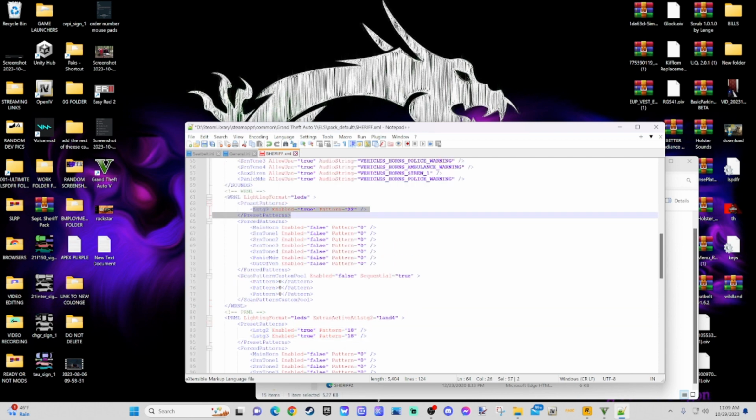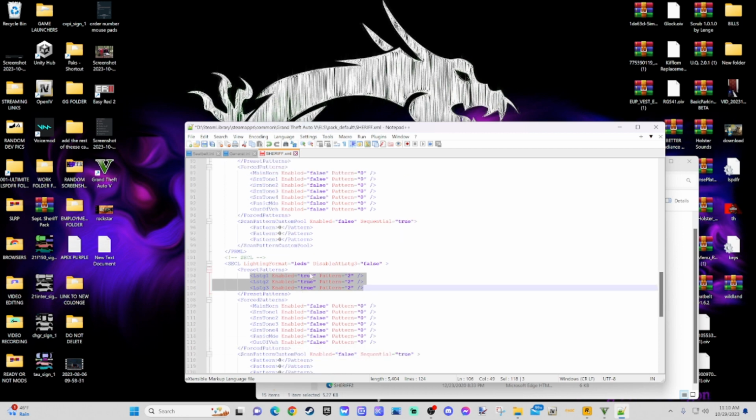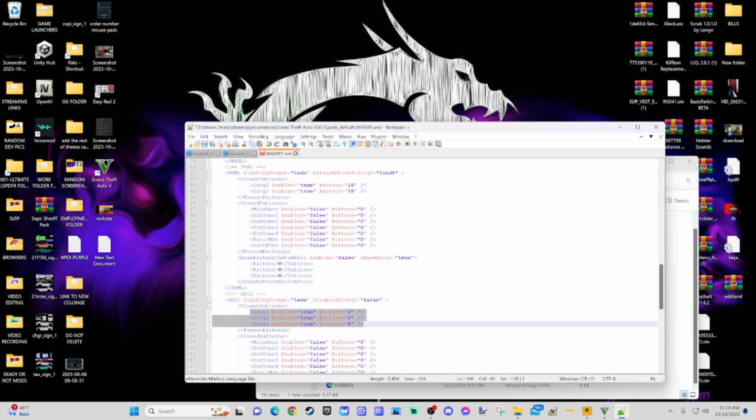This one right here, and these 3 right there. Those are the only things you want to enable. Now, if you get an XML file that has these true, or some of these true, and some of these ones here false,